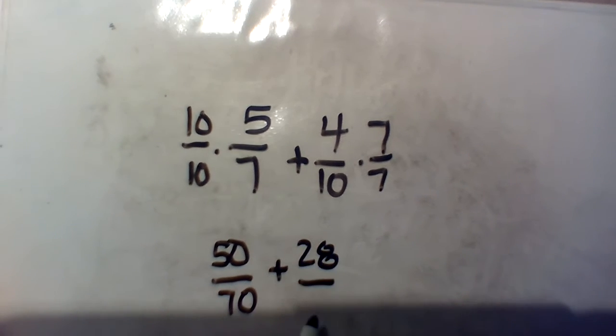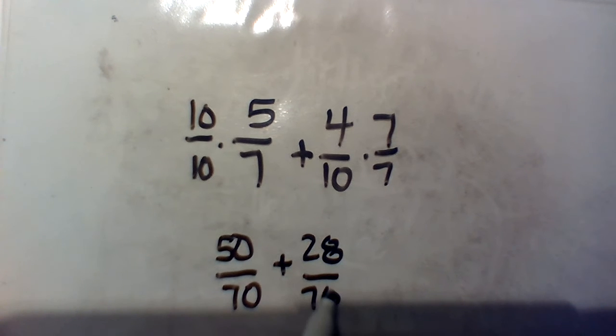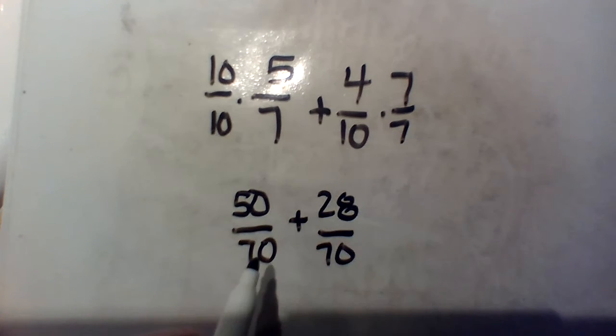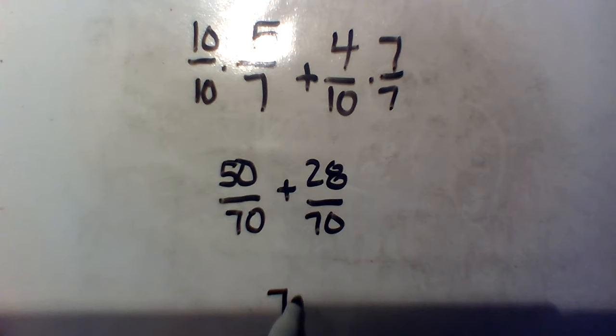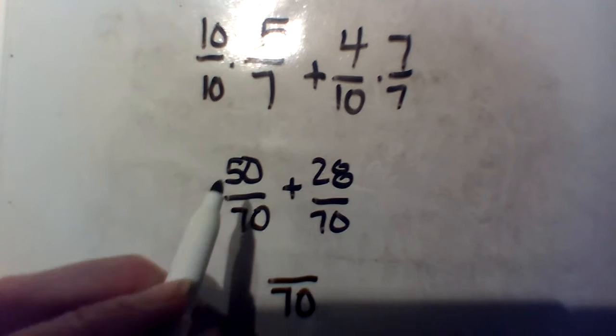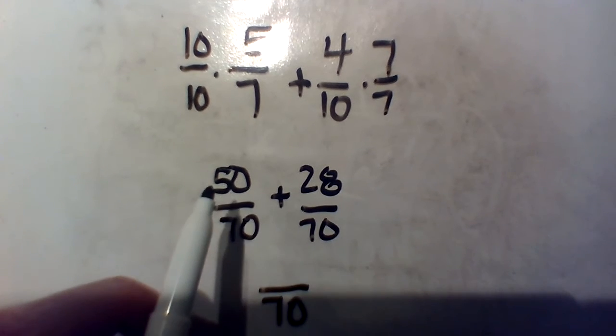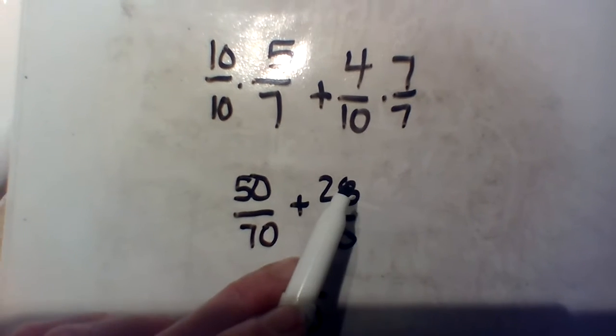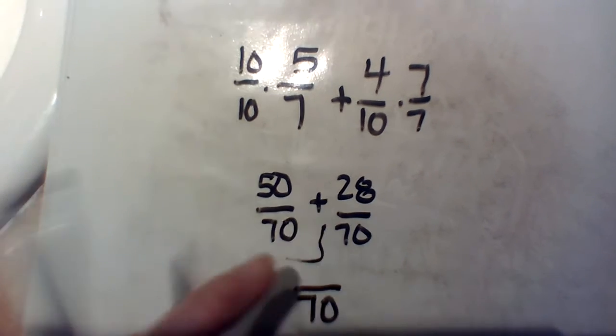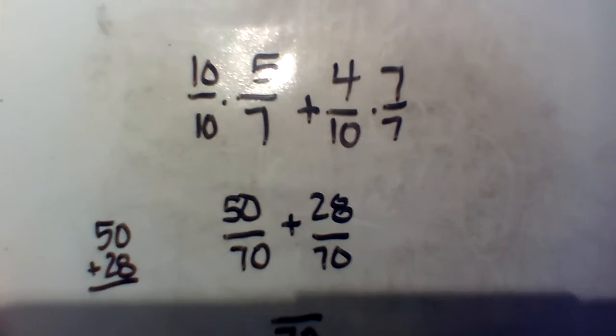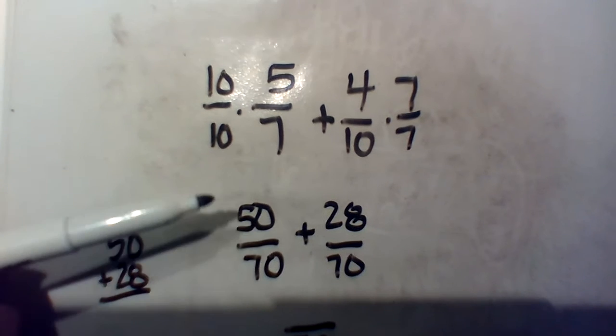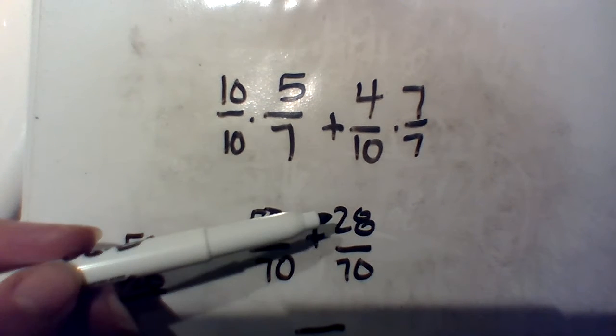10 times 7 is 70. Once I do that, I'm just going to keep my denominator the same. That's why, remember, we're trying for same size pieces. And I add my numerator. 50 plus 28. My one stick, whoops, Mrs. Marshall. So in my head, I can do this because I'm adding 50 plus 20, and then I add my